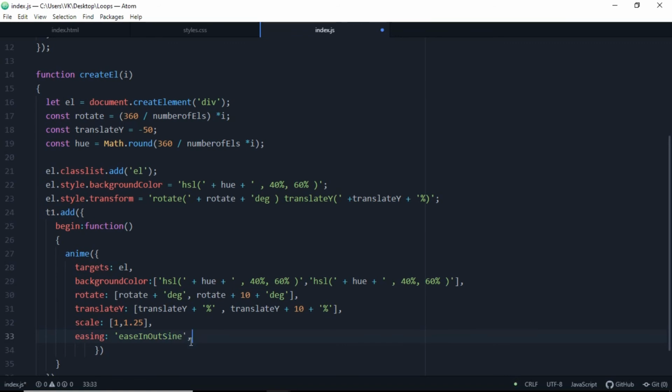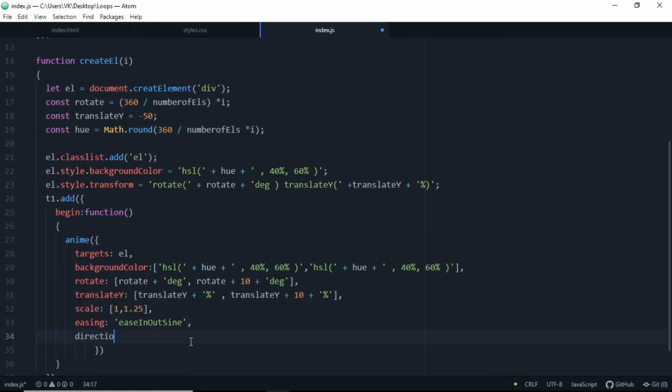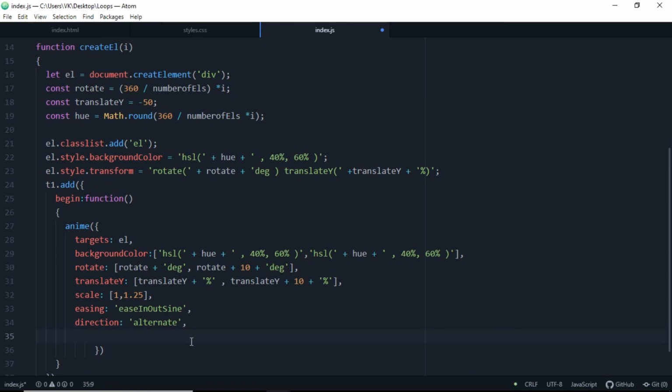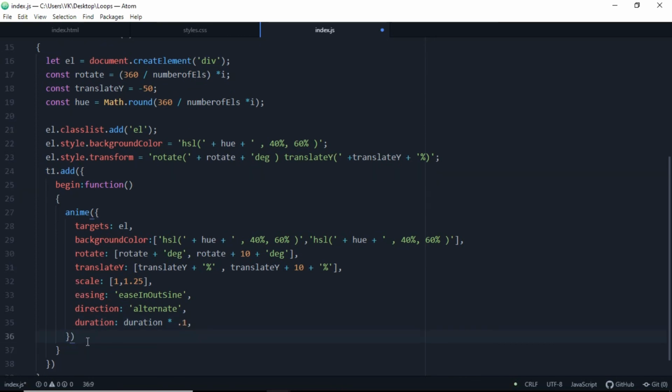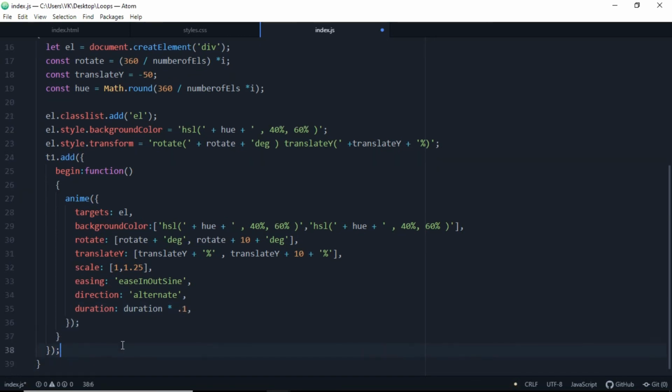Also remember that you have to use camel case always, and the direction will be alternate. These are the CSS properties we are going to use in the JavaScript, and duration will be duration, which is a constant, and we're going to multiply it by 0.1. So the duration is going to decrease.